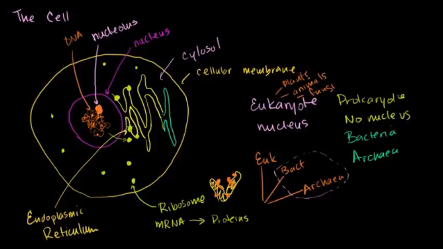Endoplasmic reticulum. Maybe a good name for a band. And the parts that have ribosomes attached to it are called the rough endoplasmic reticulum. Maybe even a better name for a band. So right here, where I've attached ribosomes, this is the rough endoplasmic reticulum, or the rough ER, ER standing for endoplasmic reticulum. And then where we don't have any ribosomes attached, that's the smooth endoplasmic reticulum. So right here, that is the smooth